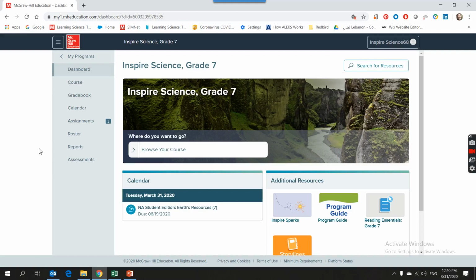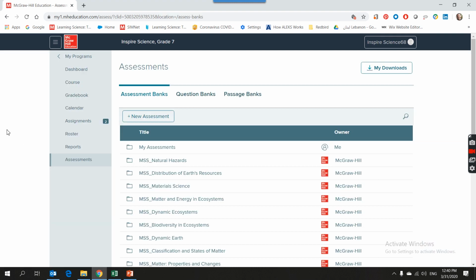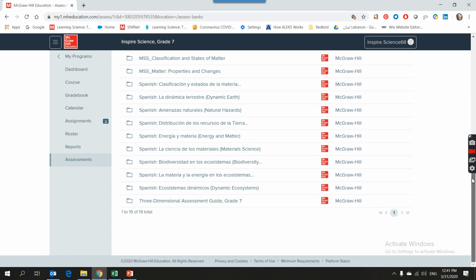The last thing in the platform that I want to talk about here in this list is the assessments. And this is maybe the most crucial and most important, especially when you are working in a blended style. If you click on assessment, the first thing you will see are the built-in question bank that comes